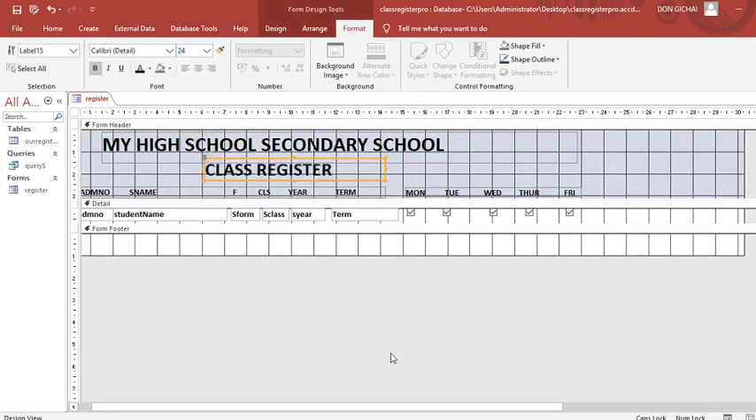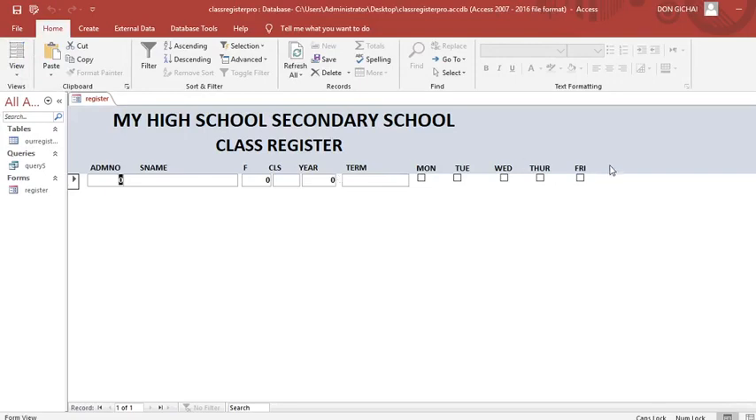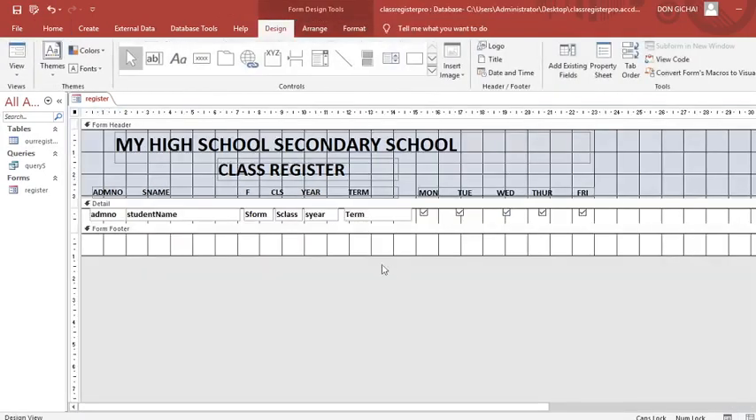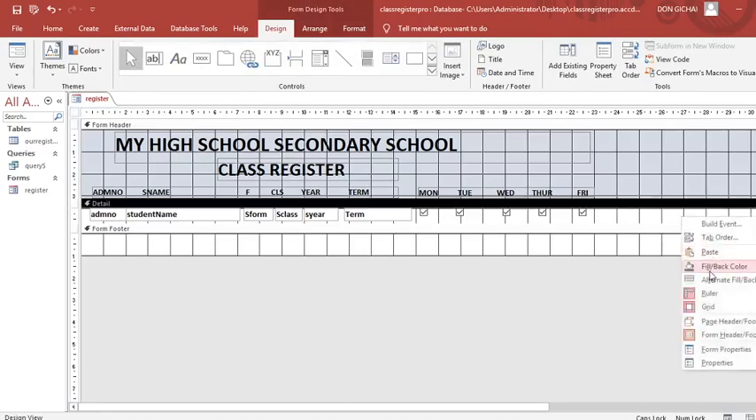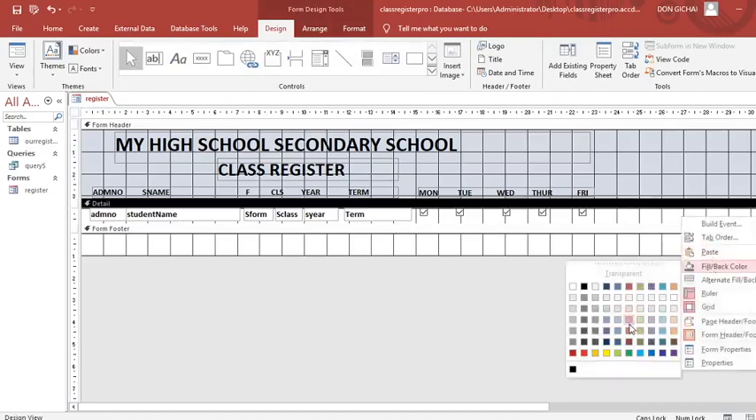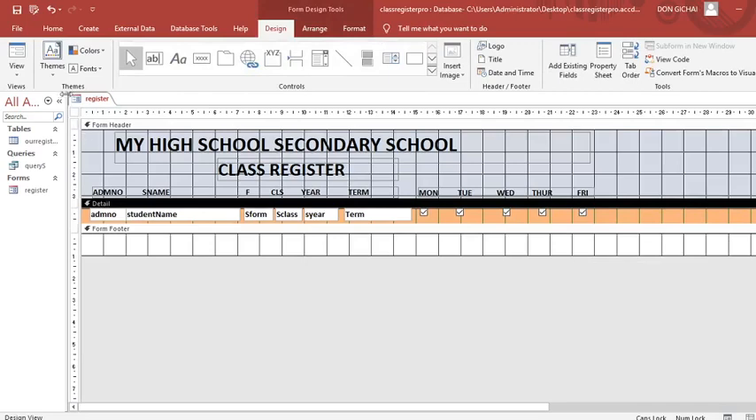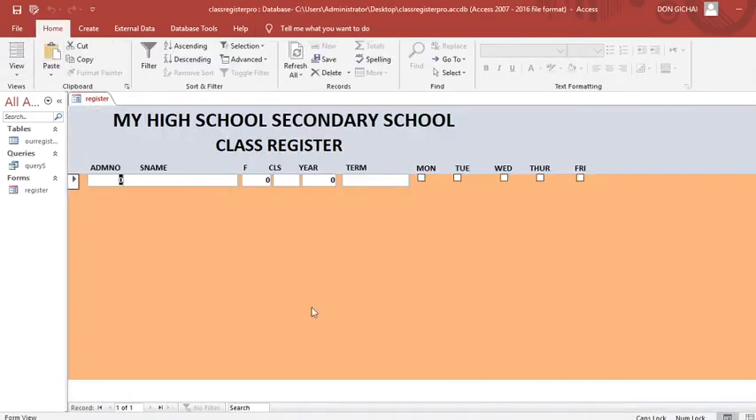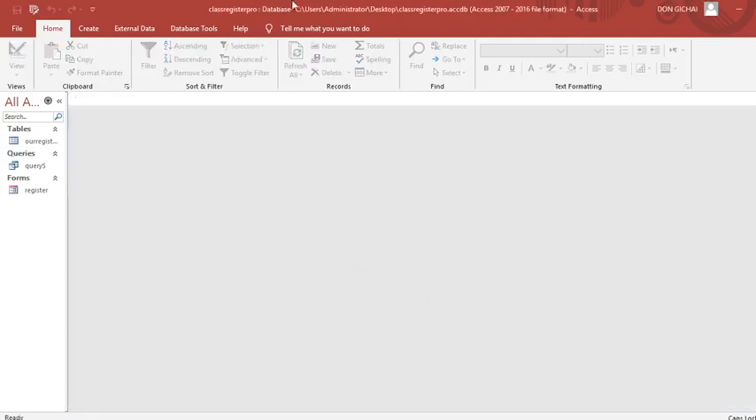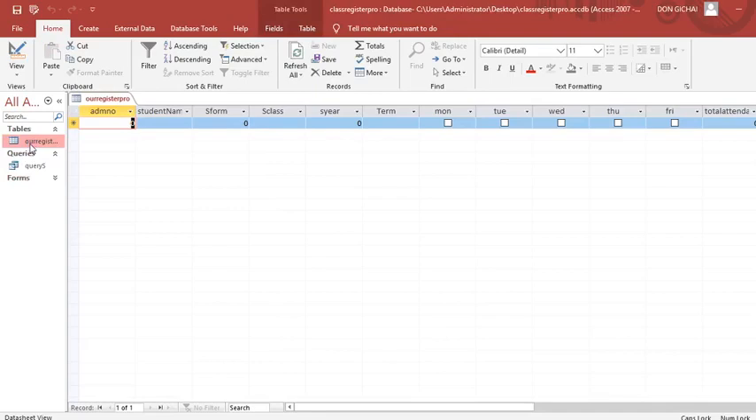again and do search. Therefore, if I go home and run this one, this is what I have so far. Then after doing so, I can still go back and assign some different color that probably may depict a register that way. Therefore, my form so far looks like that: my high school, secondary school, class register, then for which class. Therefore, from this point, I can go on and copy data from